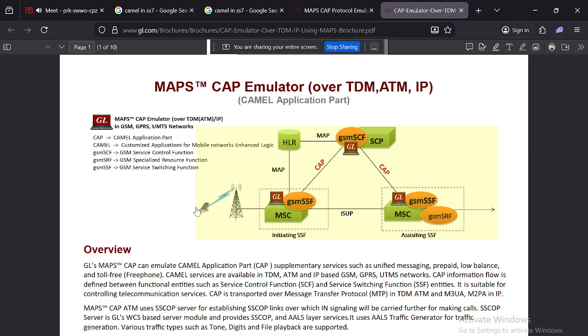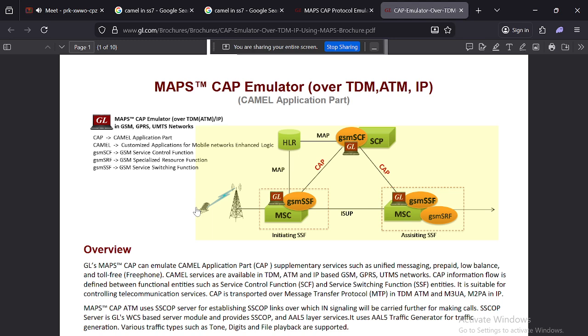SCCP sits above MTP3 and provides extended routing capabilities, primarily using global titles, which are essential for routing messages between different networks.